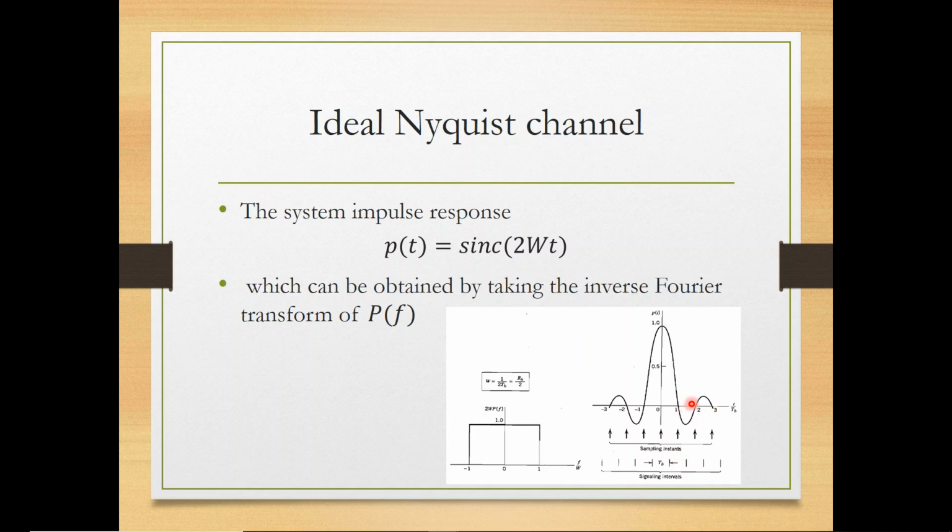As you can see in time domain, these are the sampling instances at RB equal to 2W, TB, TB, TB, the duration between them. And you have a peak of 1 here and width of 2 TB. 1 over 2TB, half RB. RB is equal to 2 multiplied by W. From here to here, the width of the pulse can be obtained by taking the inverse Fourier transform